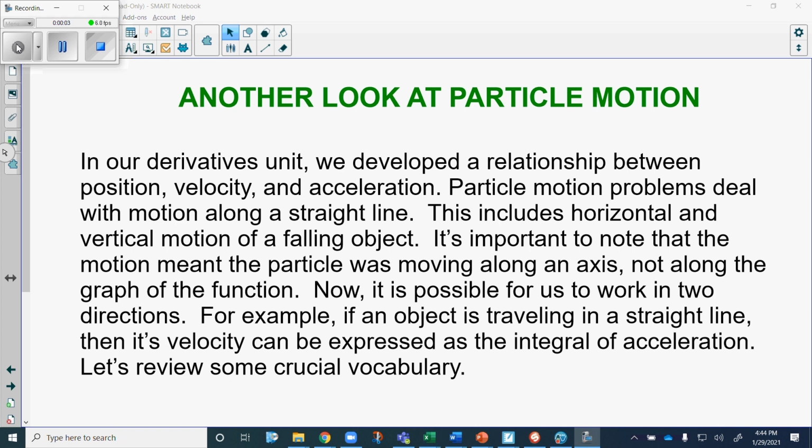Hey, what's up, guys? In this video, we're going to be taking a look at how we're going to use some of the things that we've been studying with integration and calculus and how it relates to position, velocity, and acceleration. We have previously understood that the position function and velocity and acceleration functions are related to each other